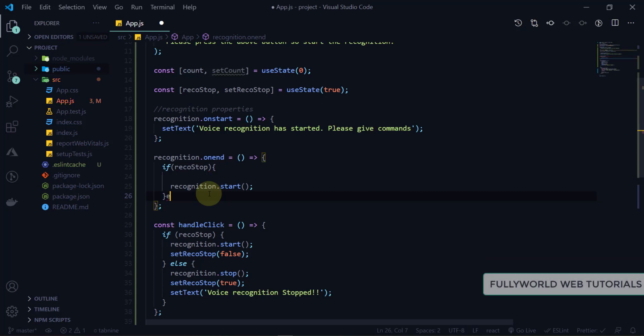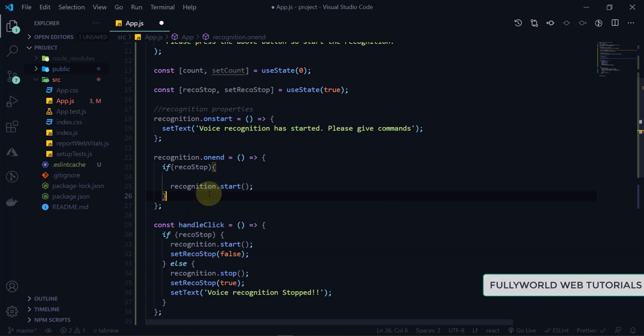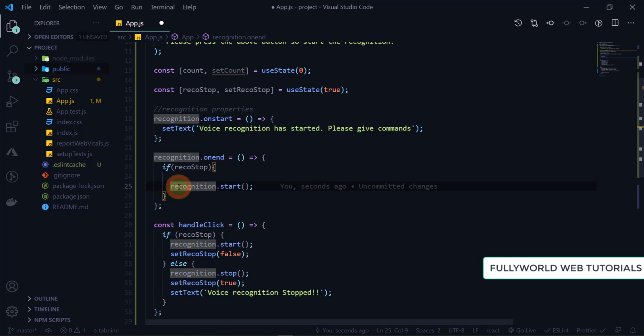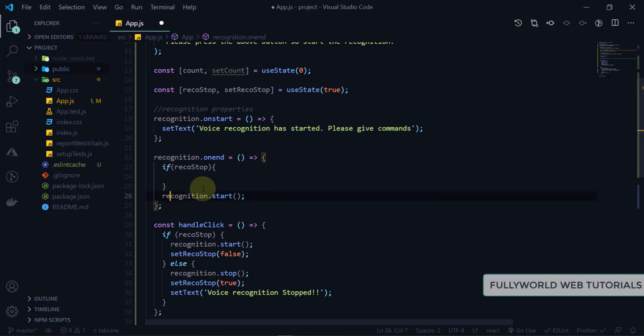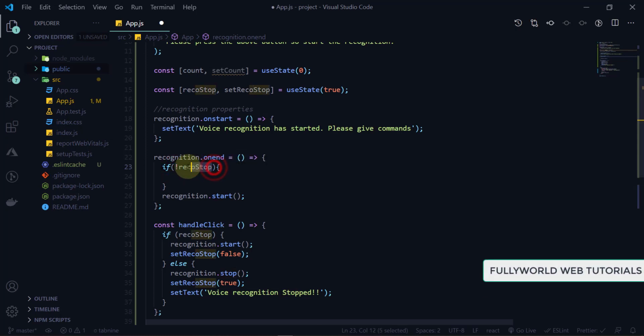Else, sorry, here we have to do one thing. See that first of all, until our reco dot stop is not false, we are going to start our recognition. So this will be at end here. So here I am going to write not reco stop. If there is not reco stop, means if reco stop is false,